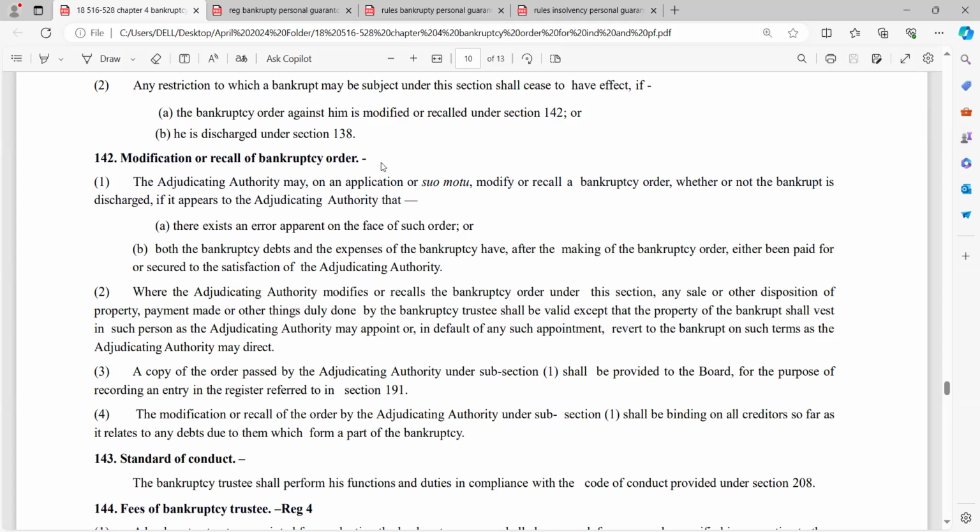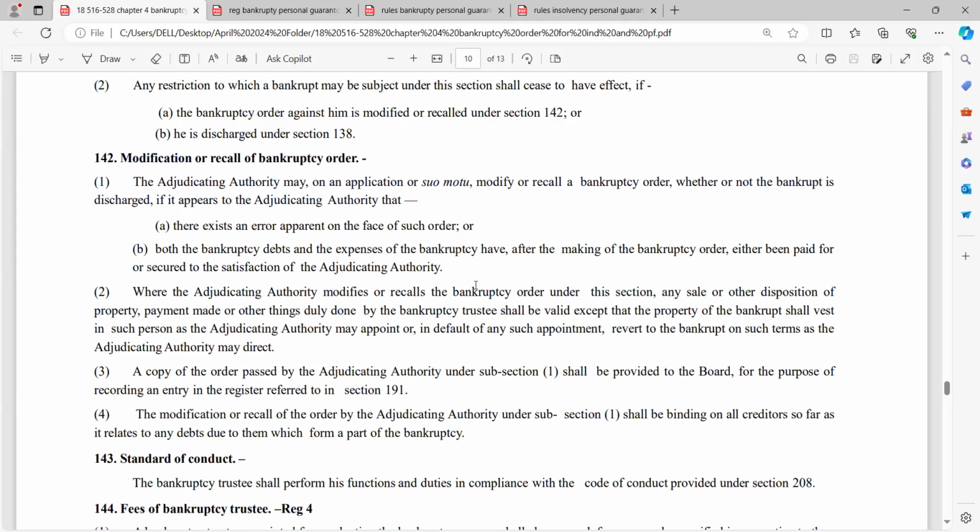modify or recall a bankruptcy order, whether or not the bankrupt is discharged, if it appears to the adjudicating authority that there exists an error apparent on the face of such order, or both the bankruptcy debt and the expenses of the bankruptcy have, after the making of the bankruptcy order, either been paid for or secured to the satisfaction of the adjudicating authority. Okay, the bankruptcy order has been made, and now he has given a bank guarantee or something else, either paid or secured to the satisfaction